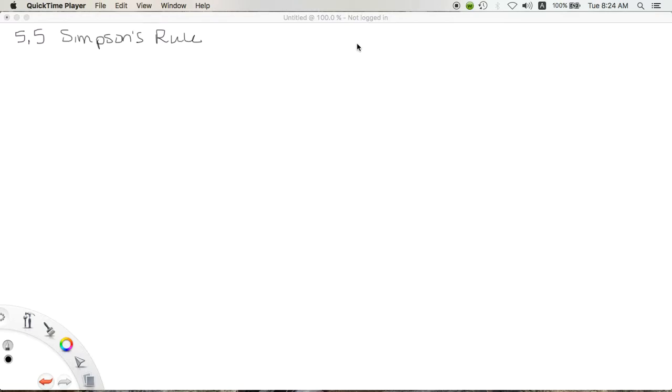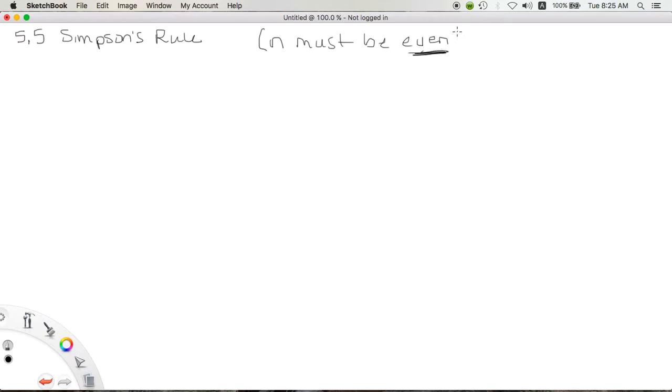The key with Simpson's rule is you can only use an even number of subintervals. It doesn't work if you have an odd number of subintervals. It's just the rule for Simpson. So let me give you the formula. If you have an integral that you're trying to approximate, then it equals (b minus a) over 3n. So this (b minus a) over n, remember that's your h. So you could also write that as h over 3